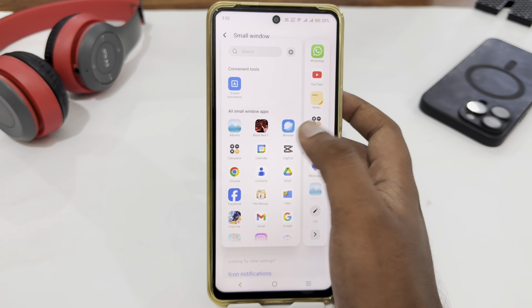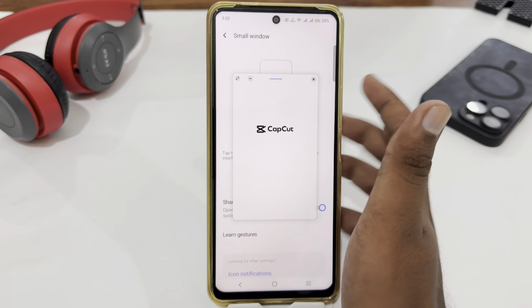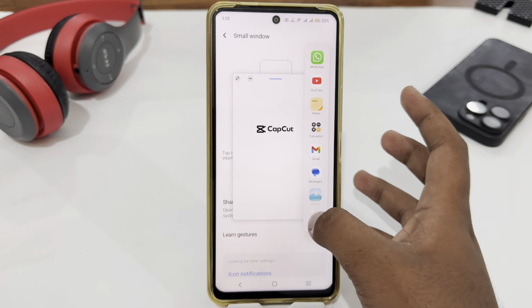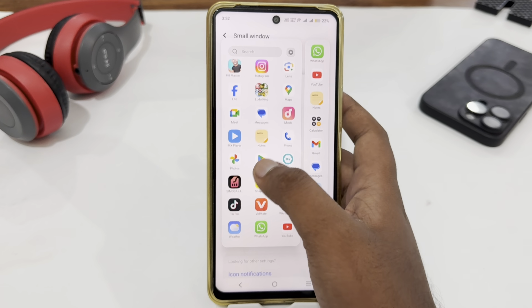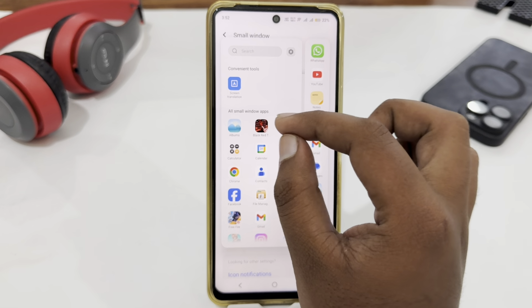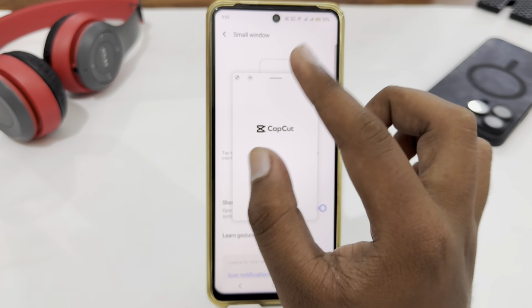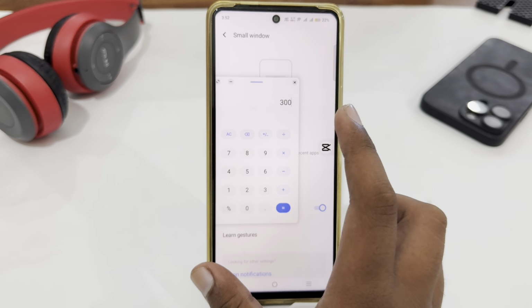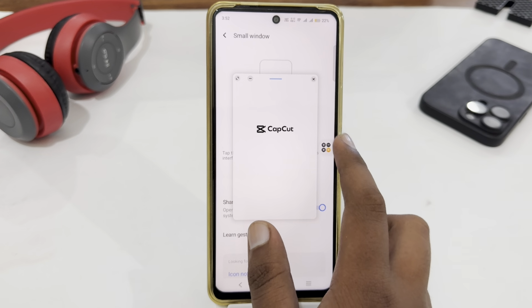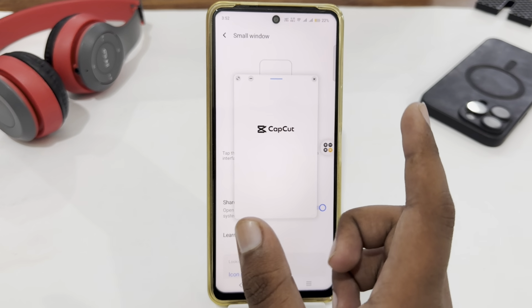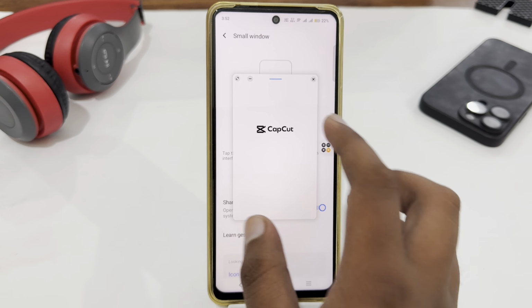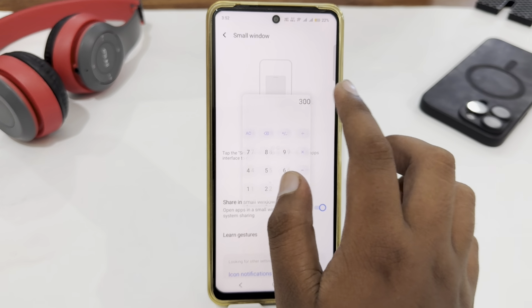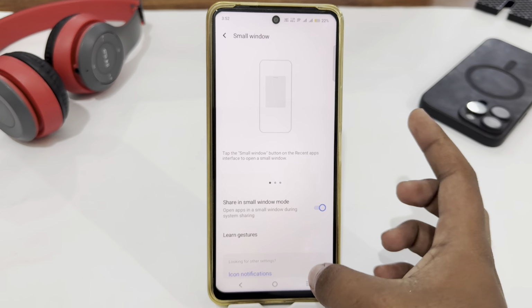You must open the app if you want to open a smart window. You can open two or more apps at one time using these settings. So after that, your setting will be something like this. You can easily switch the multi windows, but if you don't get the sidebar here, you just have to go